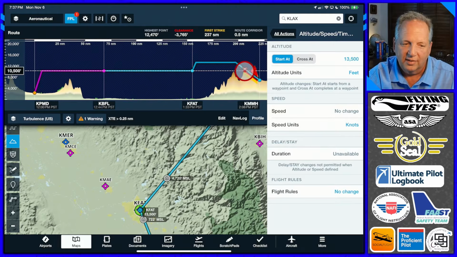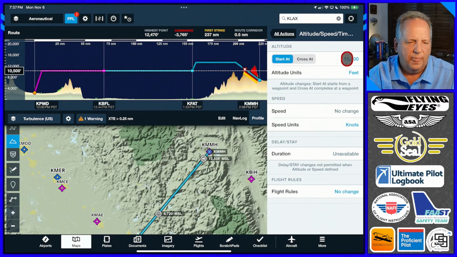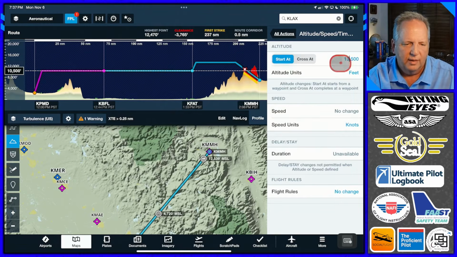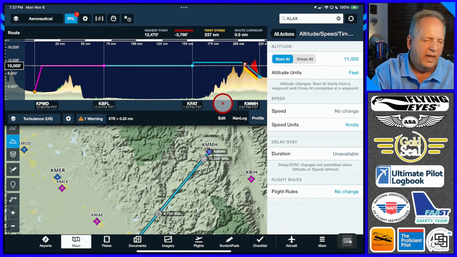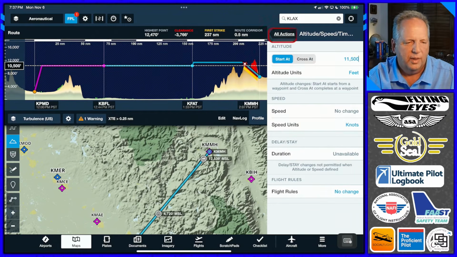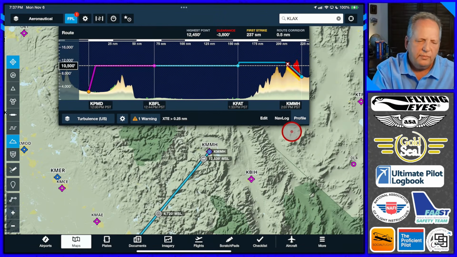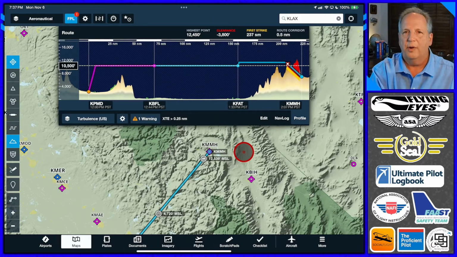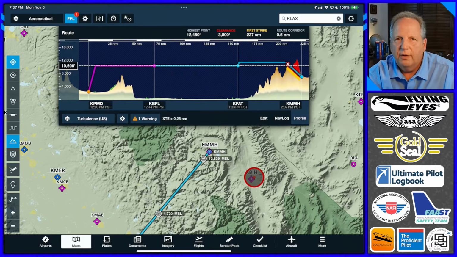Well, I don't have to descend that early. I can get over the airport and spiral down, of course. And as you can see, that is not a bad idea. I can't go to 13.5. I'm going to leave this at 11.5 and see if there's another route that I can do. One piece of advice I can give you, even if you're not an IFR pilot, there's 11,500. We'll back out of here and close it, is that you can utilize the IFR routes, which are designed to avoid terrain, to plan a VFR cross country.